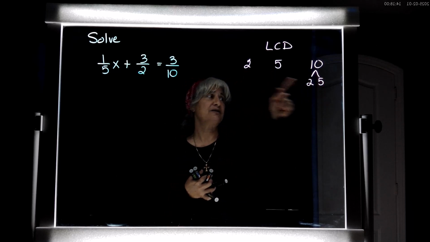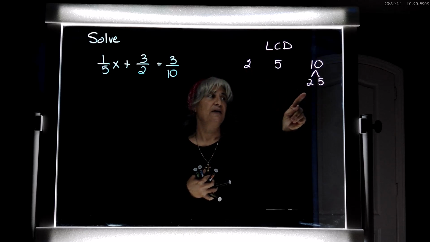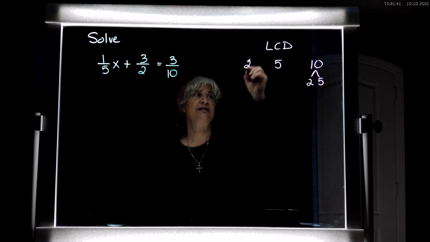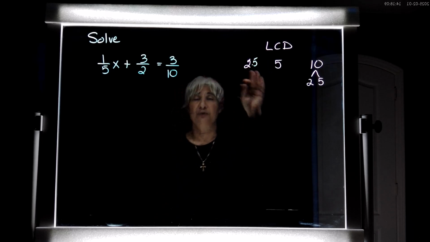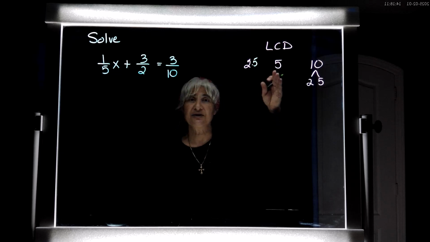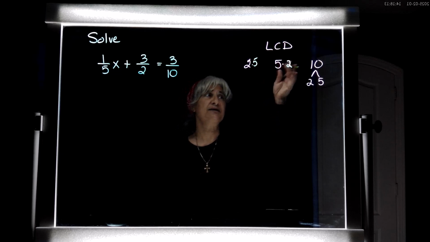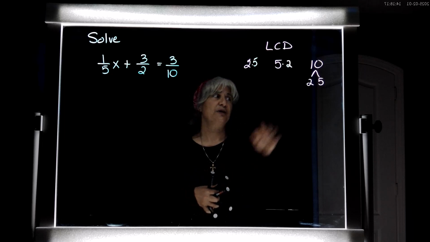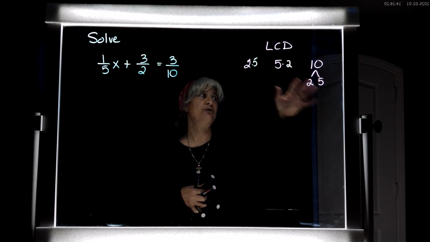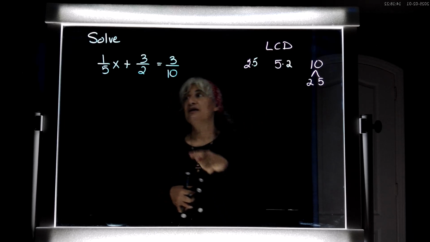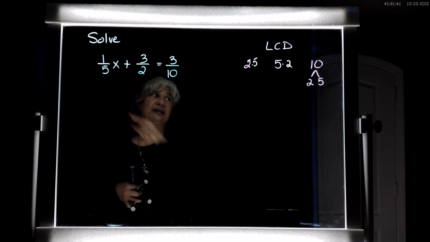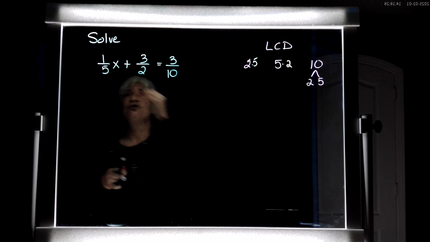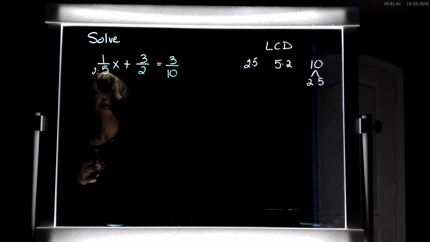If you want these guys to look like each other, then since this has a 2 and a 5, this is going to need a 5, so it's a 2 and a 5. And this is going to need a 2, so it has a 2 and a 5. Does that make sense? So they all have 2s and 5s now, which means this denominator of 5, in order for us to make it the same, you have to multiply top and bottom by 2,